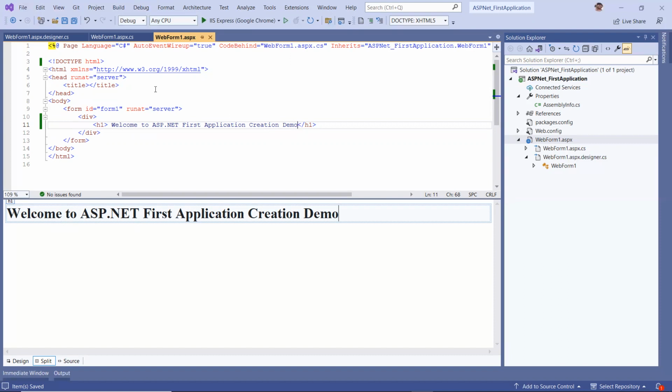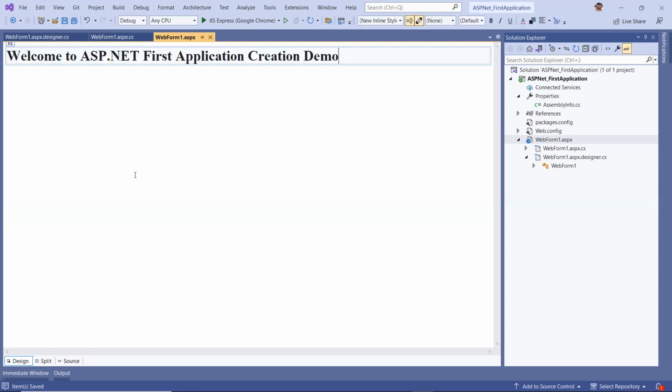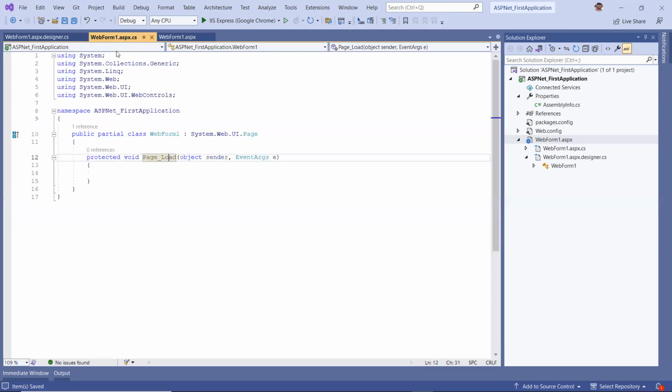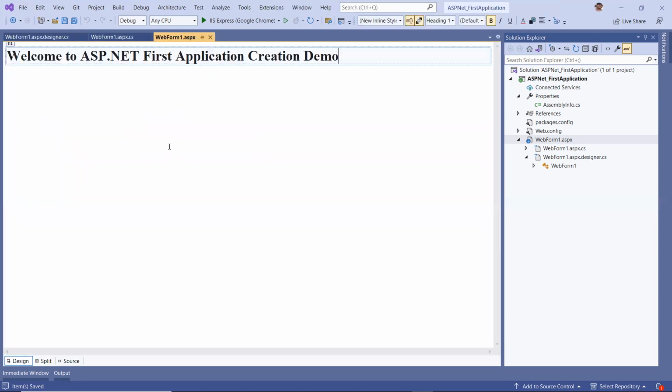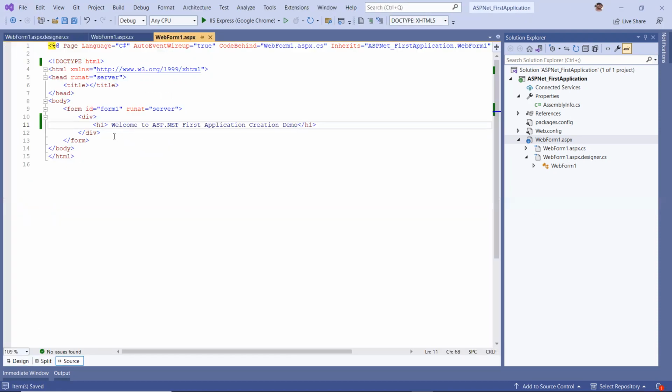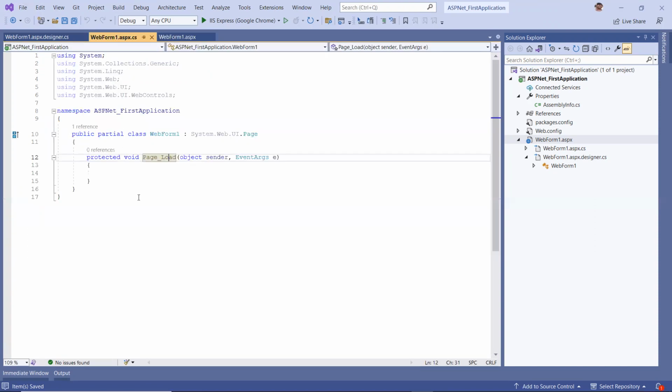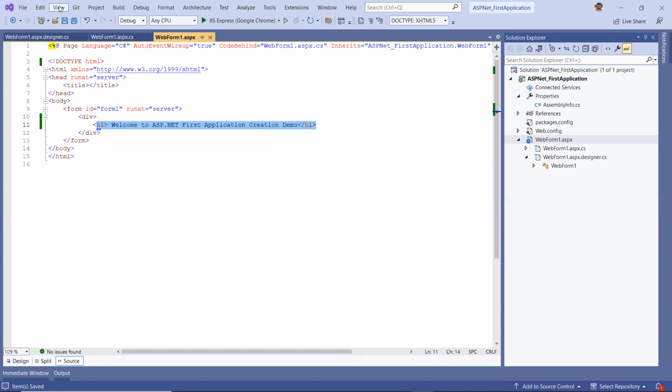Okay. And another thing you need to notice here is you are having a control on it now. Go to the design and you will see that. And another thing is, this is purely a client side control I placed here. It doesn't have any running code on the server. This h1 tag is a client side HTML control. Now I want to add a server side control so that I can write some event in the .cs. How to add it? In the View, choose